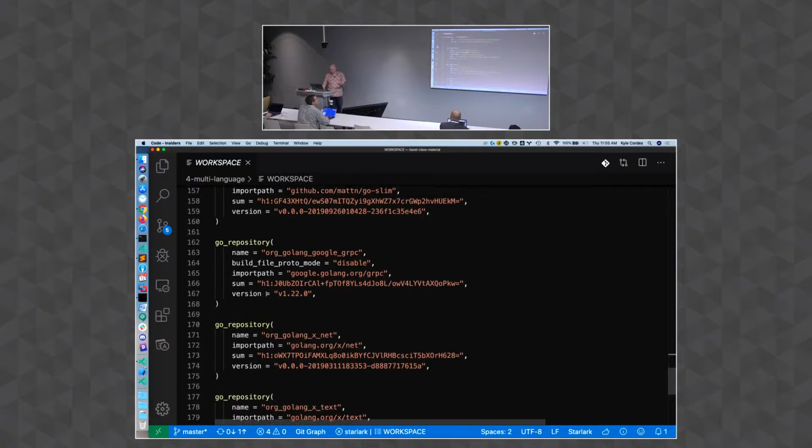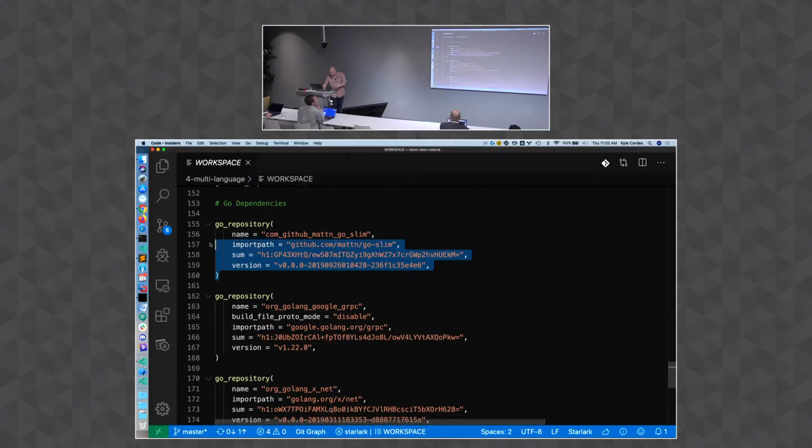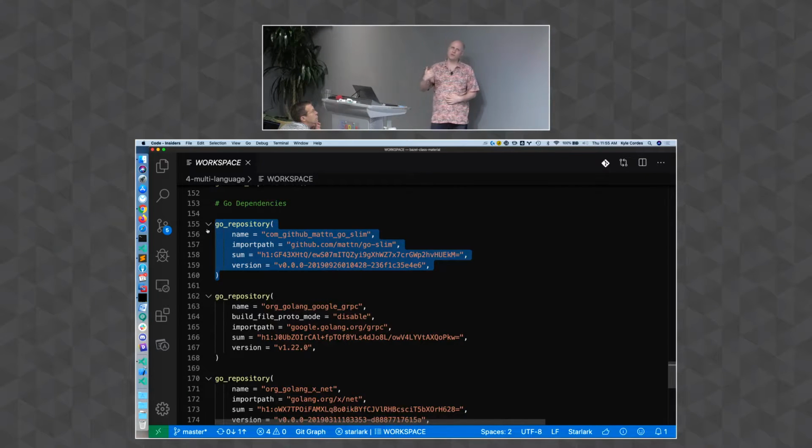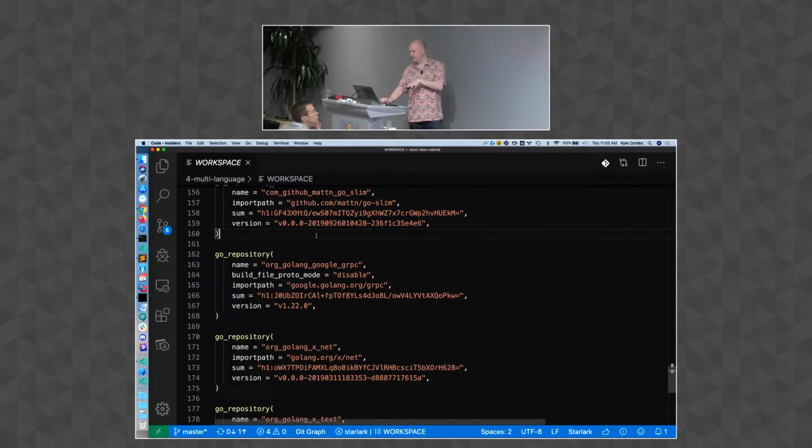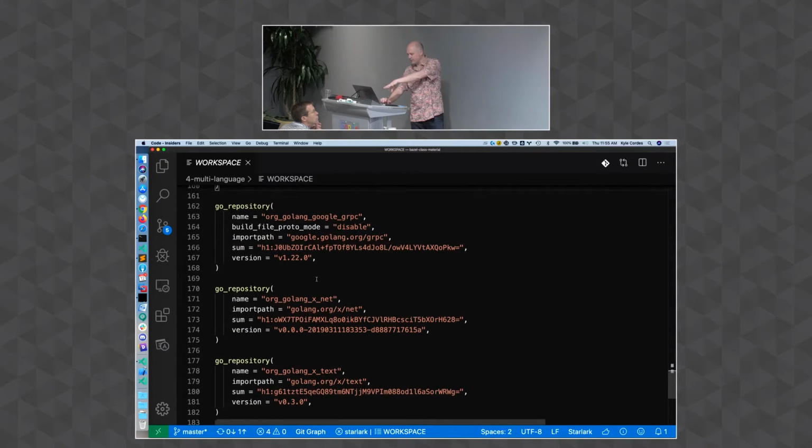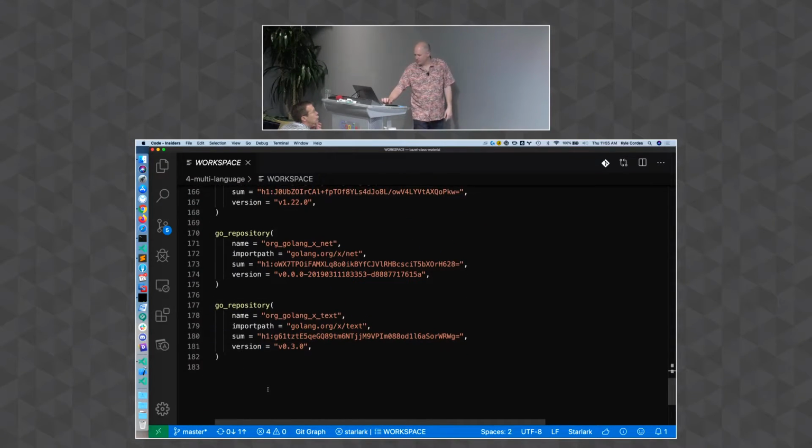And again, a little frustration, because this top one is this thing called Slim. That's a dependency I'm using. But again, because of the way workspaces work, they're not recursive. Things can't just automatically fetch their own dependencies. I have to know that if I'm using gRPC with Go, I have to bring in these 3 things. So you might be thinking, wow,